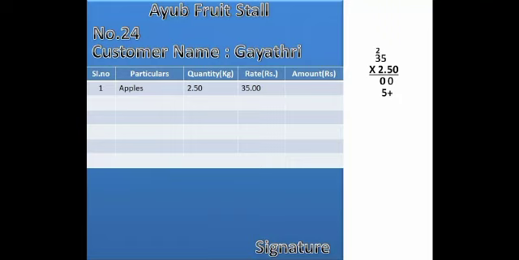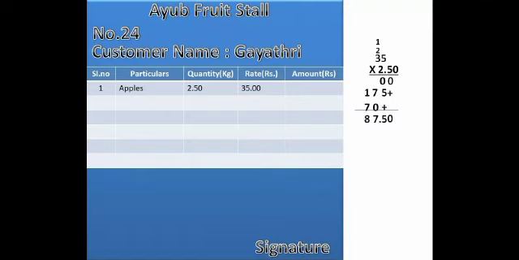5 3s are 15. 15 plus 2 is 17. Now under 0 and 5 you will put a plus sign. Okay, now 2 5s are 10. 0 you will write down. 1 you will carry up. 2 3s are 6 plus 1, 7. Now we will add them. Now under 0 there are no numbers, so you'll bring down 0. Then the next number is 0 plus 5, you'll bring down 5. Then 7 plus 0 is 7. 1 plus 7 is 8.